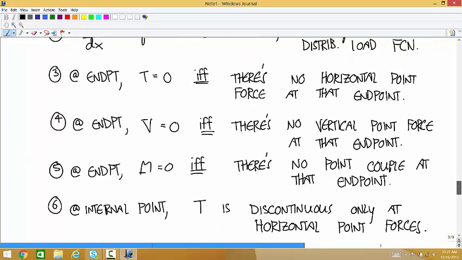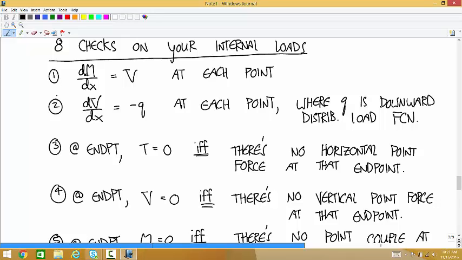And so it's 8. That feels like a lot to remember, but really there are the two derivative ones, and then there are kind of two different things. One about endpoints that just goes down the list of internal loads, and one about the internal points that just goes down the list of internal loads. And this set of checks, I'm calling them checks, but they're facts that have to be true. If you look at 1 and 2, and then you look at the stuff about the endpoints and internal points and whatever, you probably,